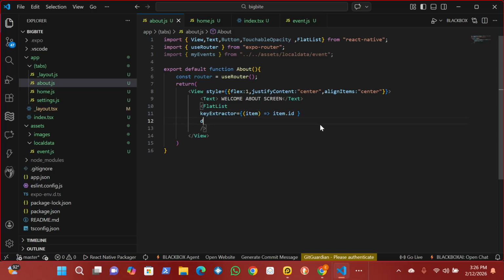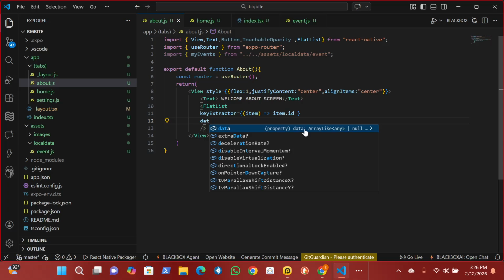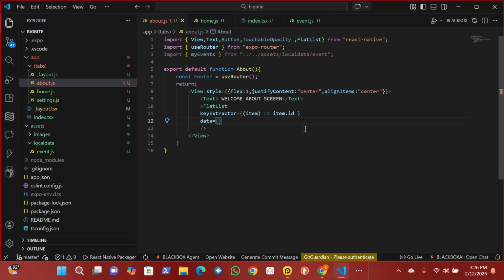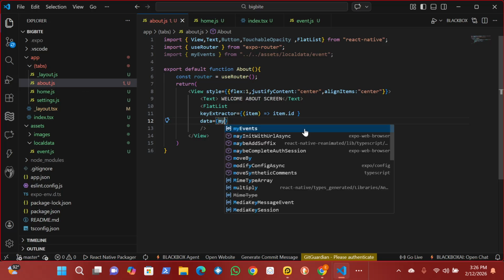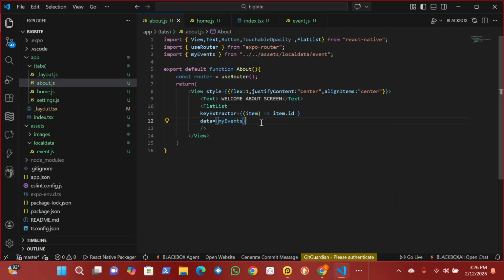Then the second property that we should know is what we call the data. So this represents the data that we want to display on the flat list. So in this case, the data I want to display is my events. And also we have another property called